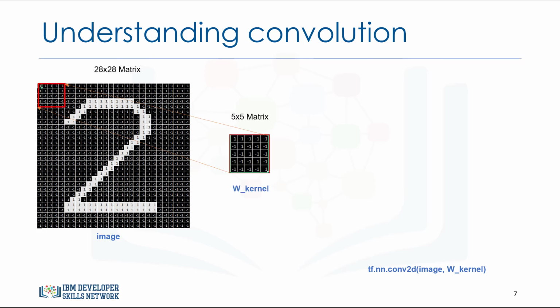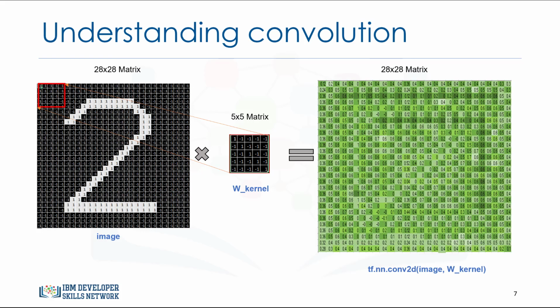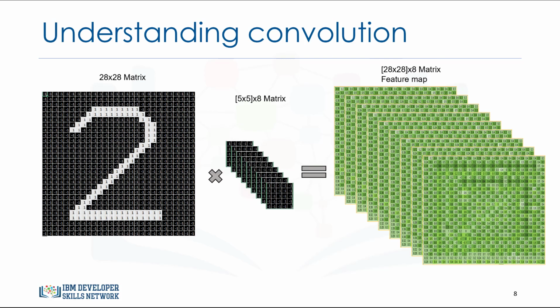Now, let's consider a handwritten digit that we want to recognize. We can apply a kernel to it. It is, in fact, the sum of element-wise multiplication of the kernel matrix and the image matrix, as shown on the previous slide. So, we can show the result as convolving a kernel on the image. Applying multiple kernels on one image will result in multiple convolved images. Now you can understand that leveraging different kernels allows us to find different patterns in an image, such as edges, curves, and so on. The output of the convolution process is called a feature map.